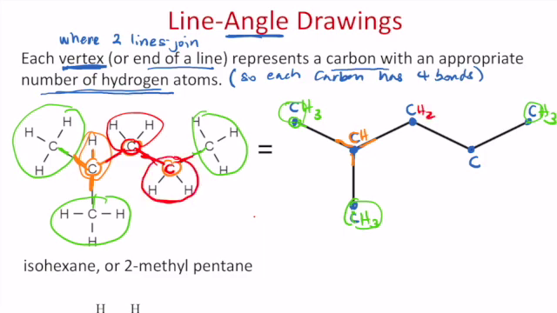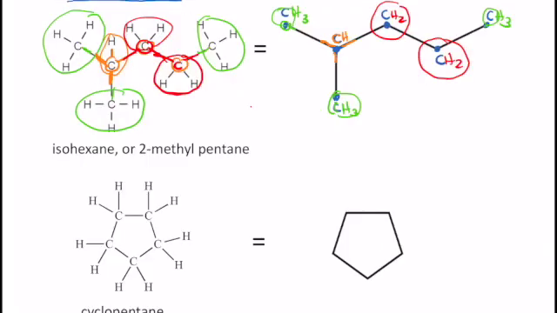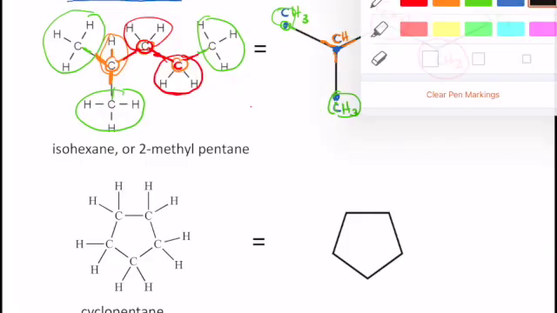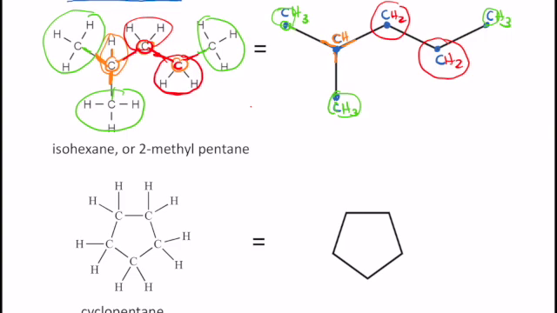So this is a CH2, and this is a CH2. This is a way to quickly show the structure, and another way that's used is the condensed structural formula. The condensed structural formula shows what's bonded to each carbon. So the summary here is that this is going to be a CH3, okay, and then the next is a